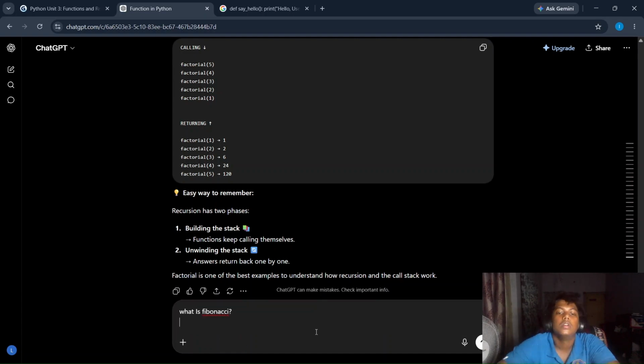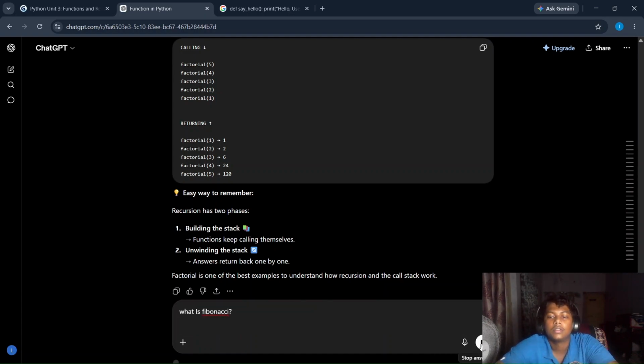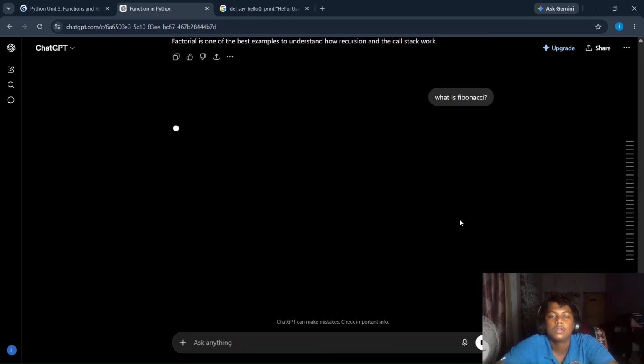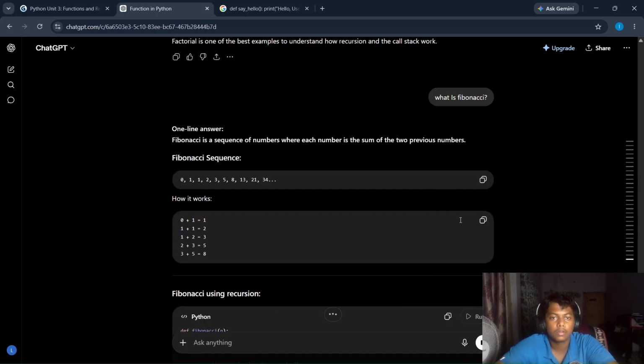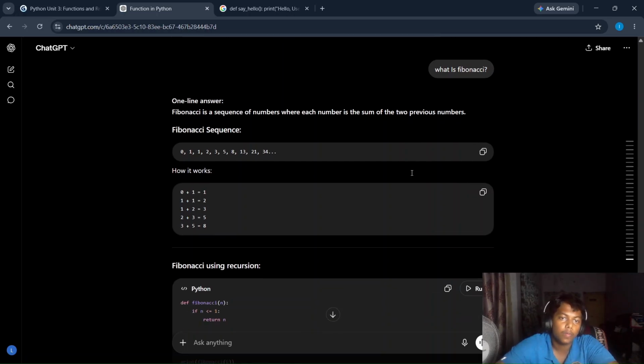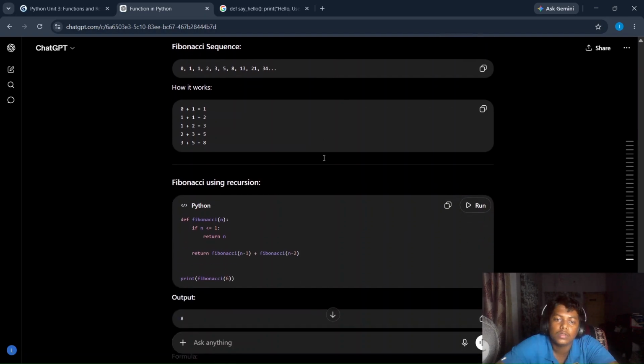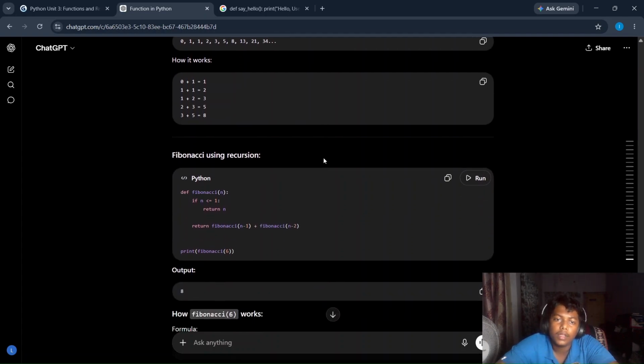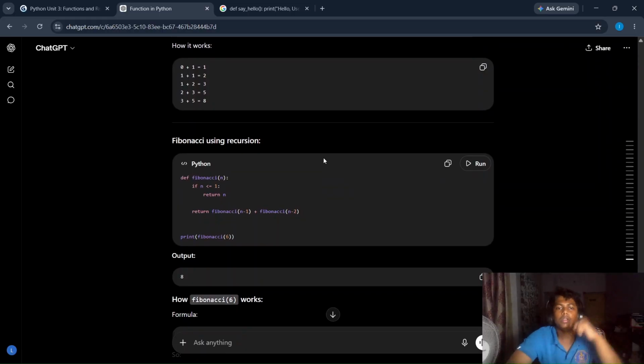What is Fibonacci? So Fibonacci is 0, 1, 1, 2, 3, 5, 8, 13, 21. 0 plus 1 is equal to 1, 1 plus 1 is equal to 2, 1 plus 2 is equal to 3, 2 plus 3 is equal to 5, now 3 plus 5 is equal to 8. Fibonacci uses recursion. So def Fibonacci n, if n is less than or equal to 1,